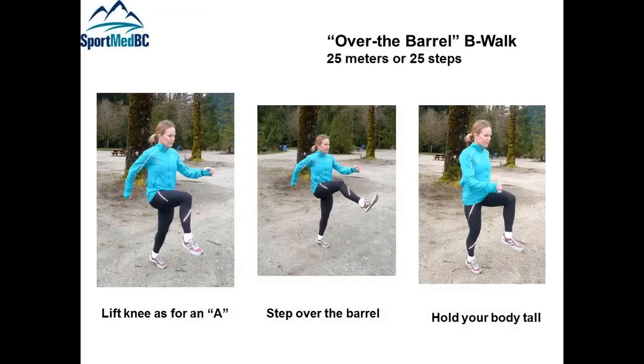So now we did the march. We did a marching A and then a skipping A. So now we add what's called a B. It's a B walk. And I say over the barrel B because, as I've explained in leader training and at various clinics,